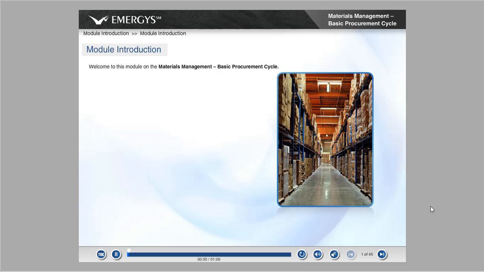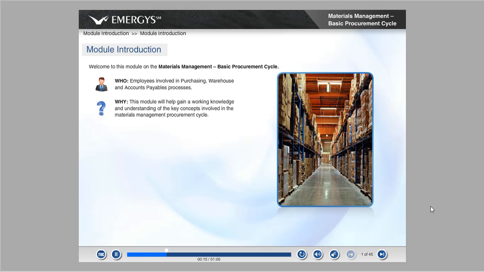Welcome to this module on the Materials Management Basic Procurement Cycle. This module is targeted towards the employees involved in purchasing, warehouse, and accounts payables processes. This module will help to gain a working knowledge and understanding of the key concepts in